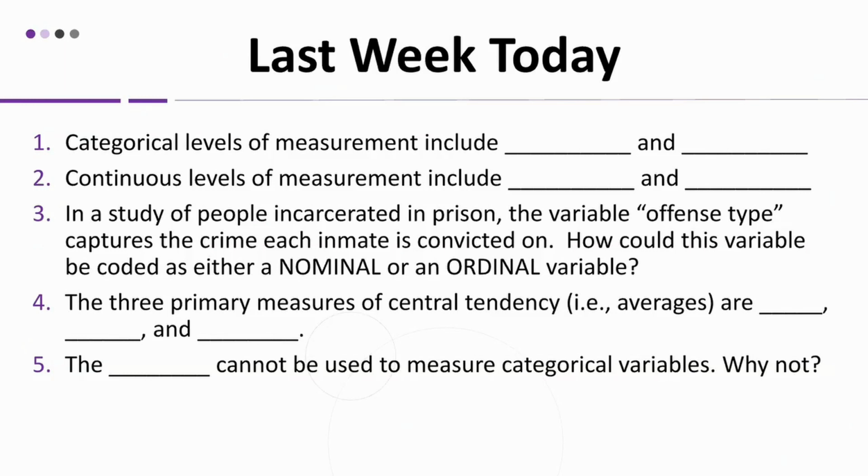research. One example here: in a study of people incarcerated in prison, the variable offense type captures the crime each inmate is convicted on. How could this variable be coded as either nominal or ordinal? So this is a categorical variable, offense type, but depending on how it is actually described and how it is measured, then it can be either nominal or ordinal. An example,